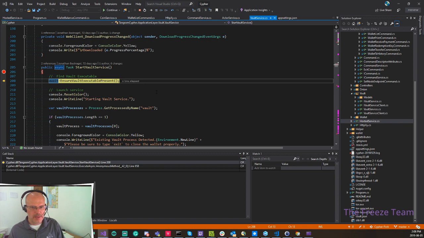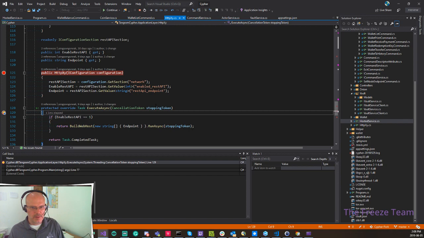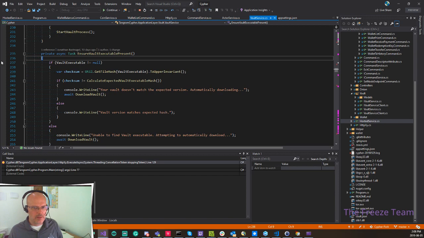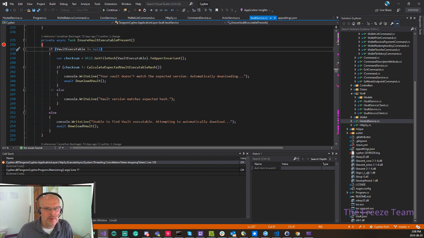We're going to step into that if it lets us. Give me a breakpoint in here. If Vault executable does not equal null, unable to find Vault executable. If Vault executable does not equal null,